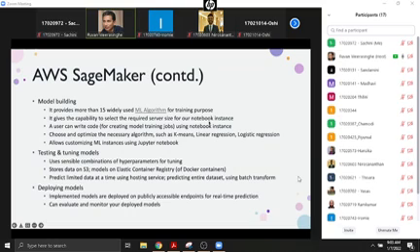So everything in SageMaker, or what we are going to do in SageMaker today, uses a notebook, a Jupyter notebook or IPython notebook.